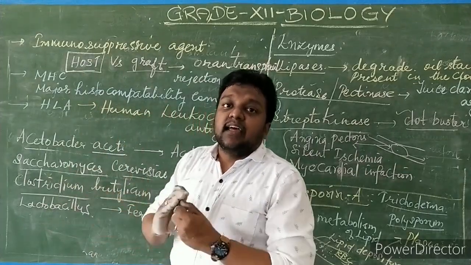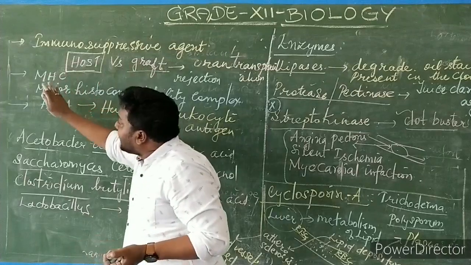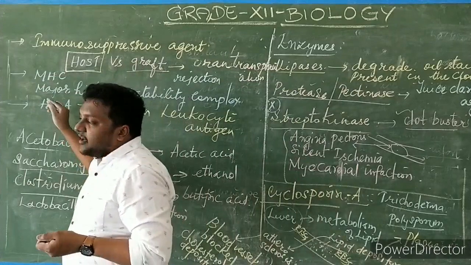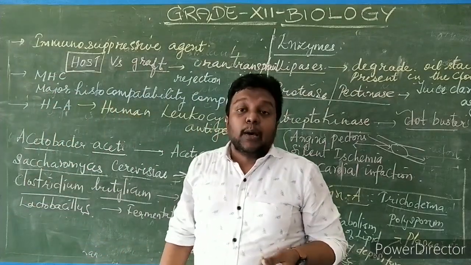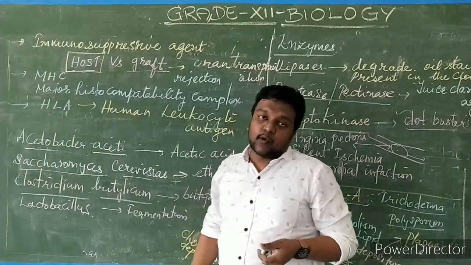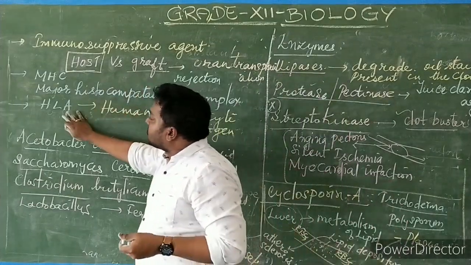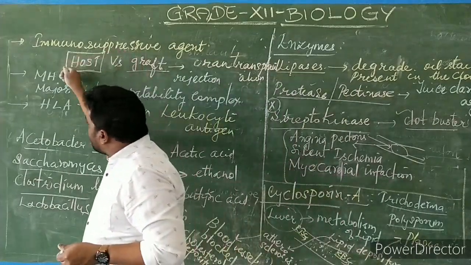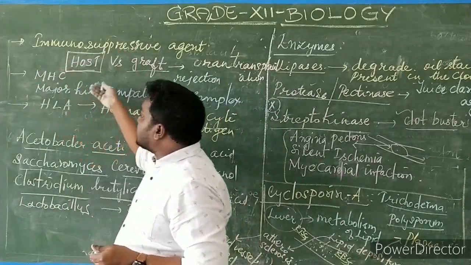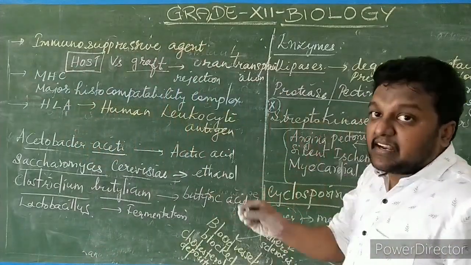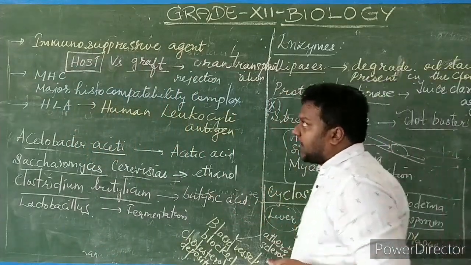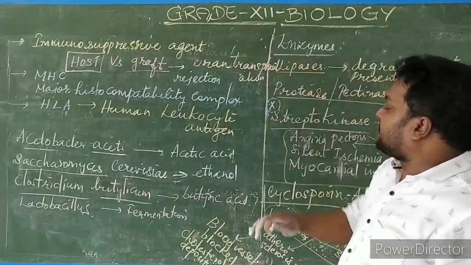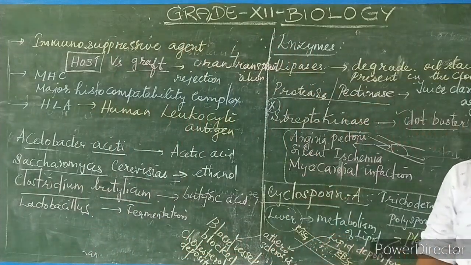So tissue rejection எதுவே நடக்காம அக்செப்ட் பண்றது ஹெல்ப் பண்ணக்கூடிய MHC molecules, major histocompatibility molecule, and similarly human lymphocytic antigens அப்படிங்கிறது which is present in the white blood cells, lymphocytic cells present இருக்கக்கூடியது, that also will prevent the graft from getting rejected. So major histocompatibility complex human lymphocytic antigens produce பண்றதுக்கு, initiate பண்ண, stimulate பண்றதுக்கு ஹெல்ப் பண்ணக்கூடிய cyclosporin A, immune system suppress பண்றதுக்கு during organ transplantation, during the grafting techniques, the cyclosporin A plays a very very important role,